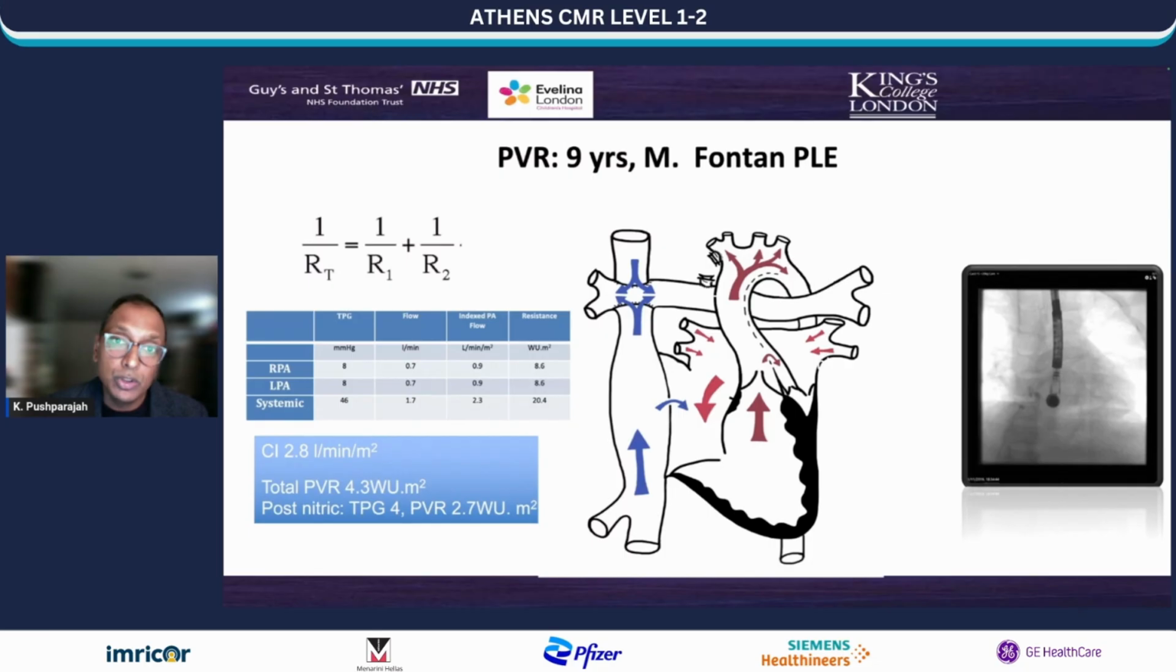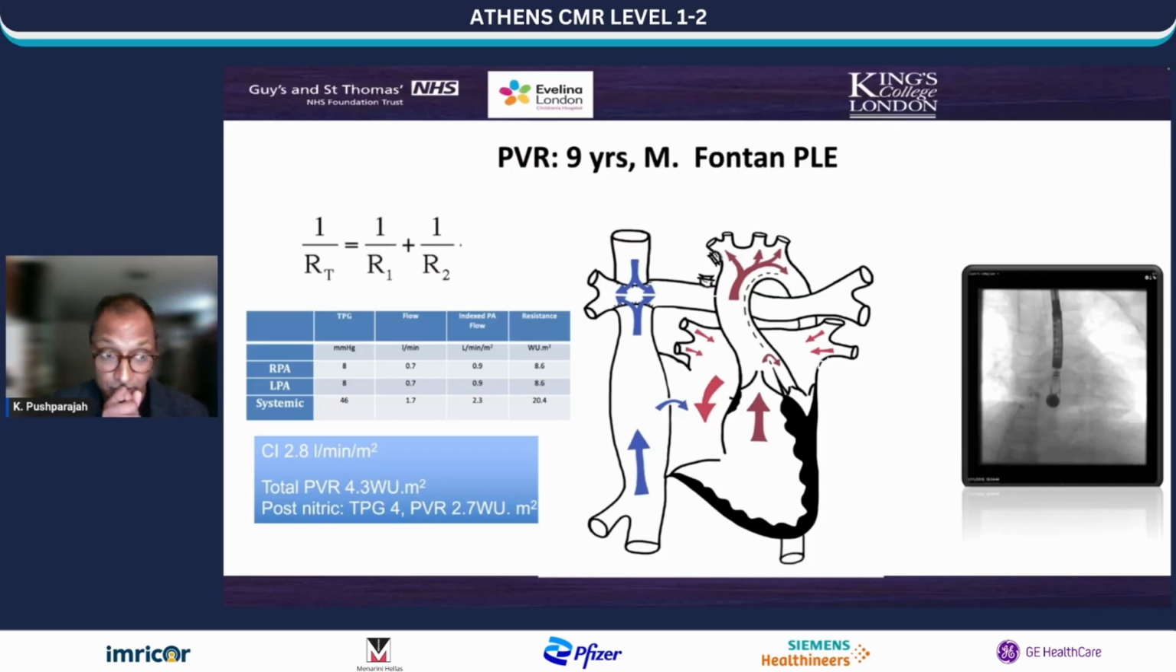So, you do get these patients with, for example, this patient has Fontan, came to us with protein-losing enteropathy, and if you did the basic catheter, you will see that the pressures, the mean pressures here are not particularly high. Your transpulmonary gradient is only 8, which you think is not too bad, a little bit borderline. But the moment you plug this in and measure flow by CMR, the PVR here was 4.3 wood unit with